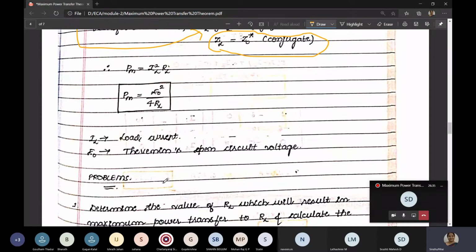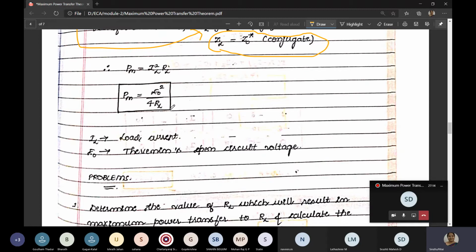Getting it? So this is the derivation of maximum power transfer in the three cases. The first case is when the load and the source are purely resistive. The second is the load is purely resistive and the source has some impedance. And the third case is when the load and source both have impedance. So the formula which we use is PM is equal to E naught square divided by 4RL, the formula for maximum power transfer from source to load in three different cases. So examples will be based on three different cases only.